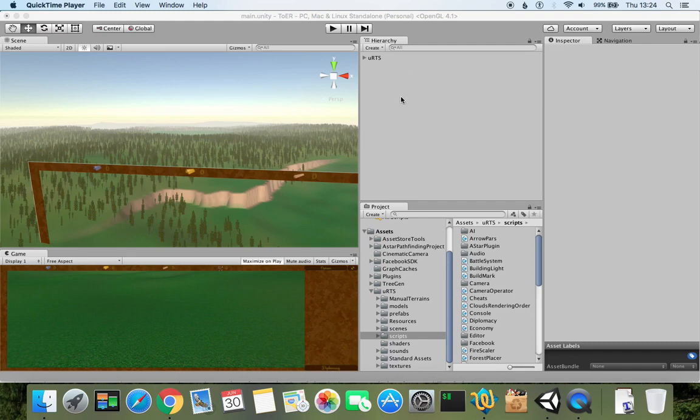So here we firstly see that instead of many game objects, there is just one game object left, which is uRTS. If we open it up, we can see